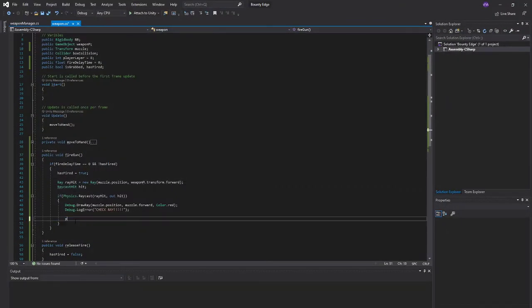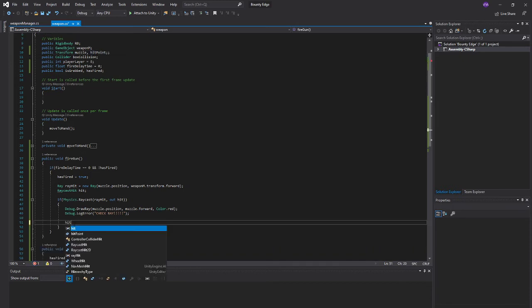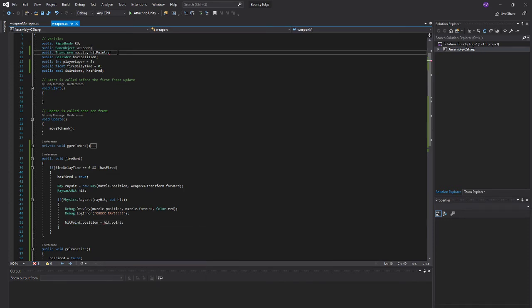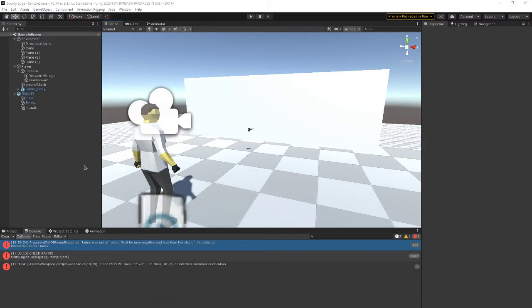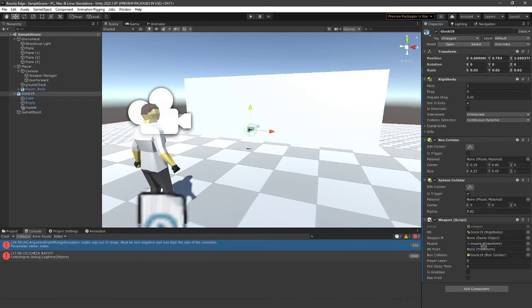Print, what we can do is we can do this. So let's get another transform, hit point dot position equals hit dot point. Alright, so now what I'll do is I will make an empty game object our hit point. So this is just for testing purposes to see if we can